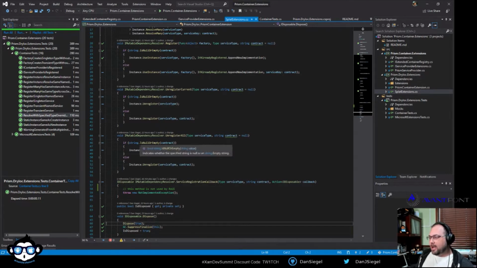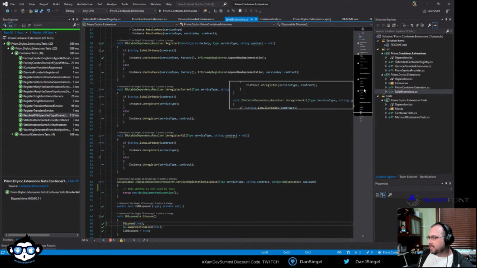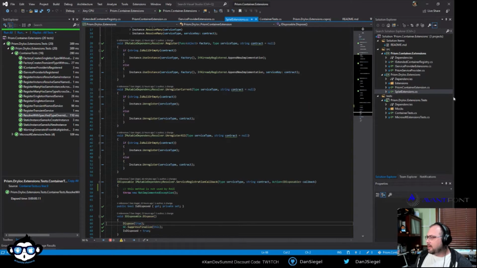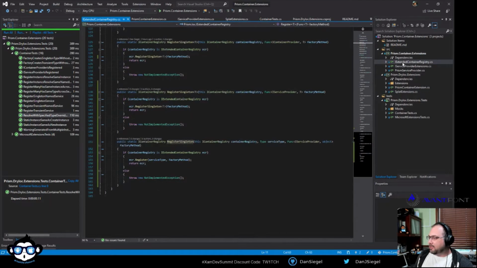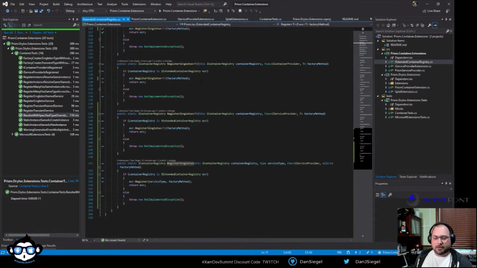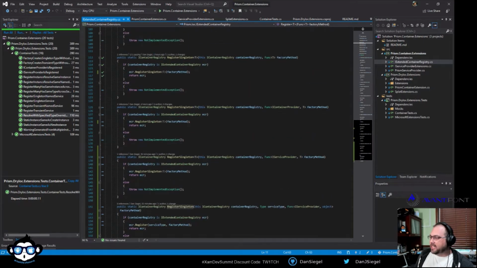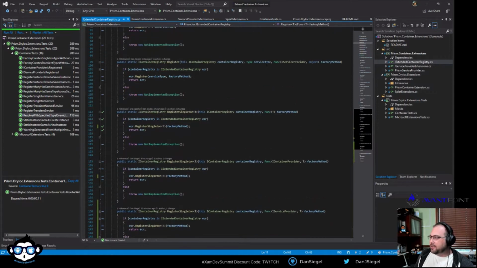So right now I wanted to show off a little bit of something I've been working on. I've got here some Prism container extensions. Brian and I have gone around and around on some more advanced registration scenarios that I like to use, but he's not totally sold on including in Prism proper. Some of these have a factory method that you might need to use, or